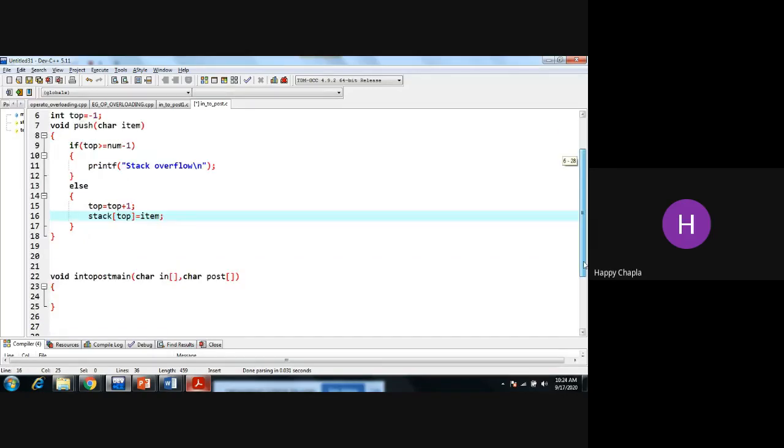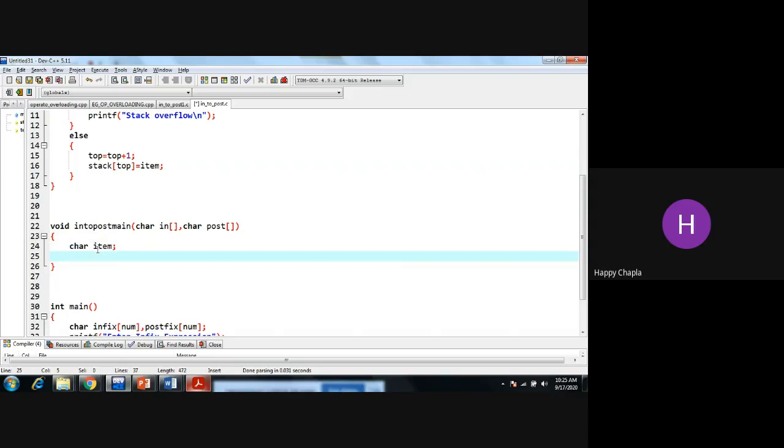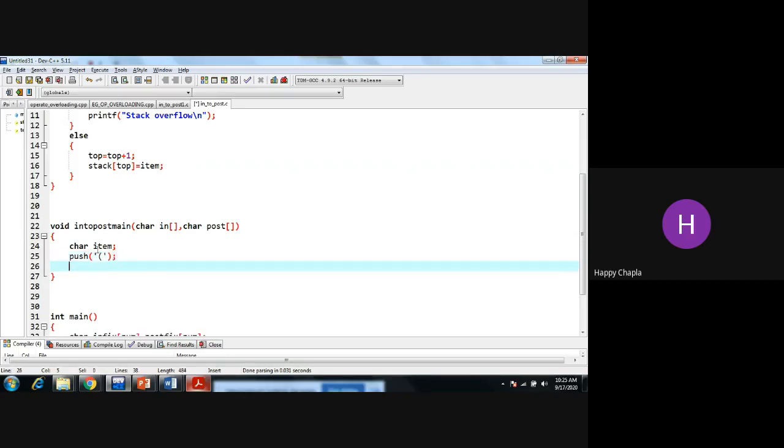So now we have push with us. I can push the starting bracket into this. Now first push one starting bracket into my stack.